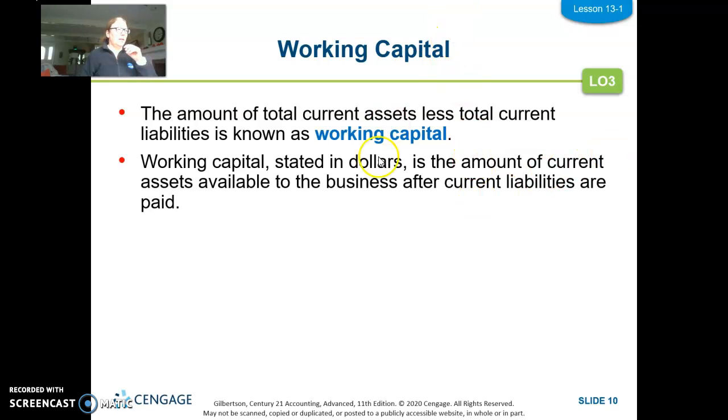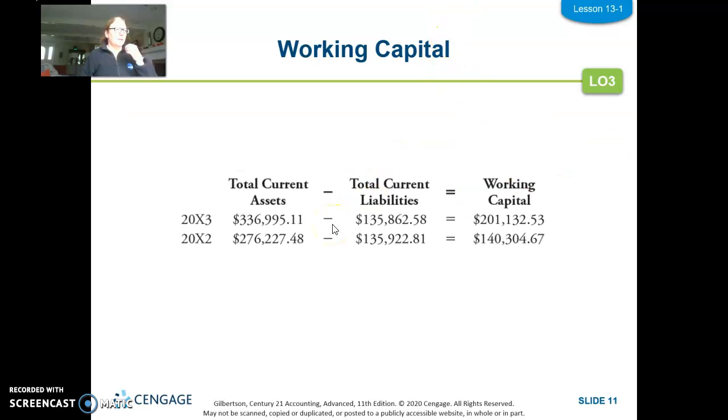And hopefully you're just taking notes on your Blackline Masters, because that's probably easiest. So for Forrest, I forget the name of the company, Forrest Company or something like that, they did these calculations using the total current assets and liabilities from the balance sheet. So I would first note that these numbers all come from the balance sheet. And you can see that it went from $140,000 to $201,000, which tells me that it is a favorable trend, that things are good